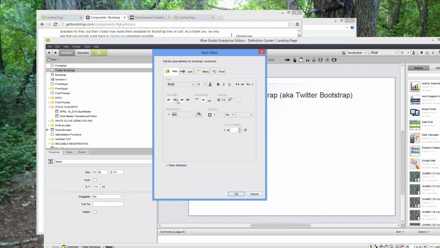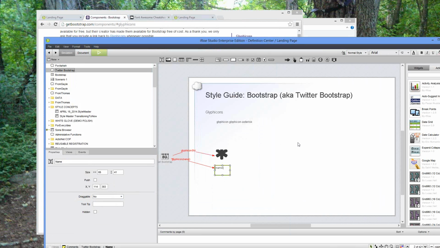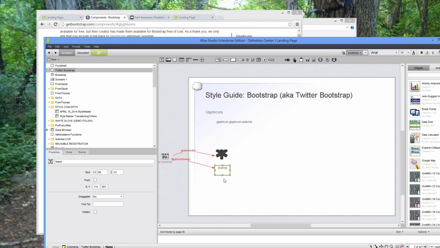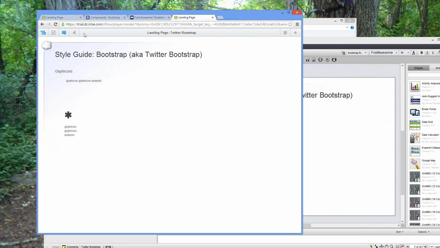And in their normal scenario, the text is centered. Oh, we're calling it Bootstrap. All right. So we have that, and now we have this